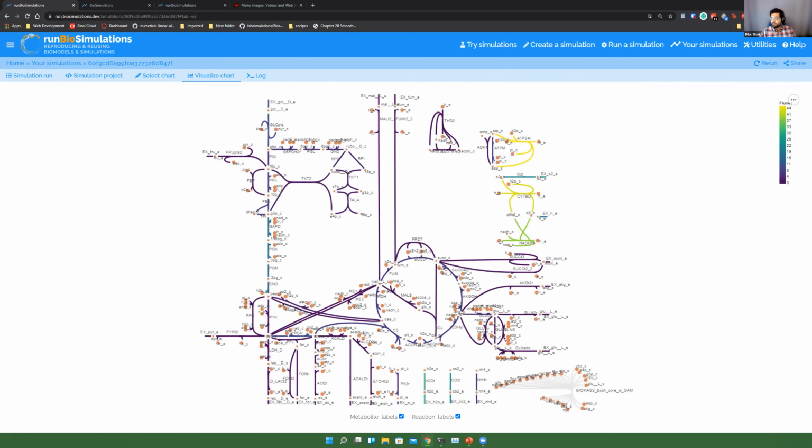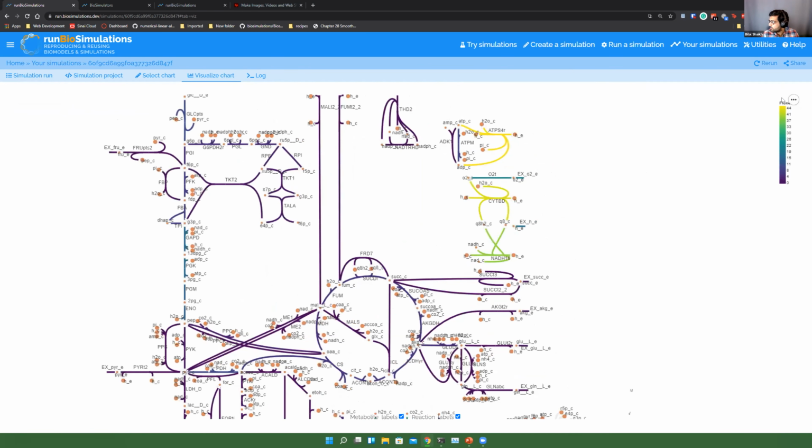You'll see that we have now here a metabolic map of the E. coli model. And all of the data on this map, all of these different paths, are encoded with information about how the metabolism proceeded in this model that we have. So you can see that higher up on this scale, the more yellow colors here represent higher amounts of flux, so more active metabolic pathways. And down here, the purple are lower activity. And these were calculated from the simulation that we ran.